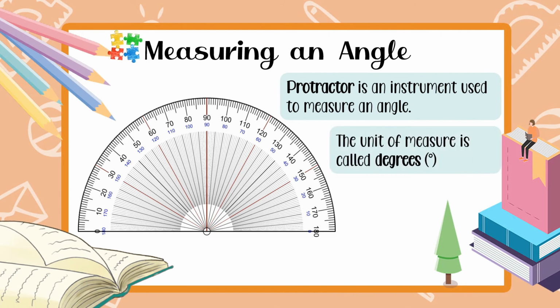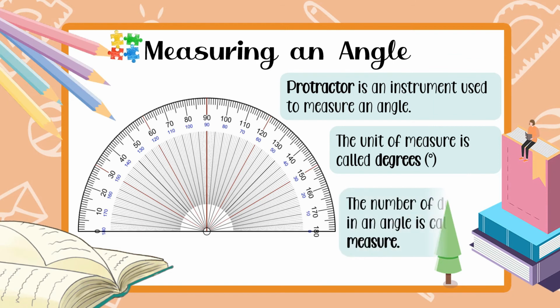And the unit of measurement ng isang angle ay tinatawag nating degrees. Okay? And yung symbol niya is yung parang maliit lang na bilog. And the number of degrees in an angle is called its measure. So, kapag sinukat nyo siya, nakuha nyo na yung angle, then that is the measure of the angle. So, I'm going to teach you how to measure an angle using a protractor on the next video. Okay? Next